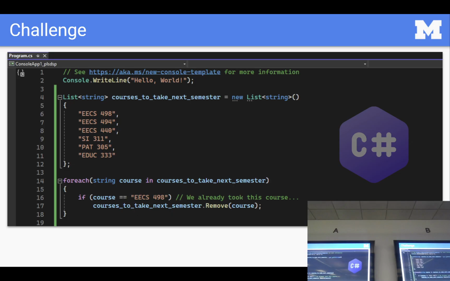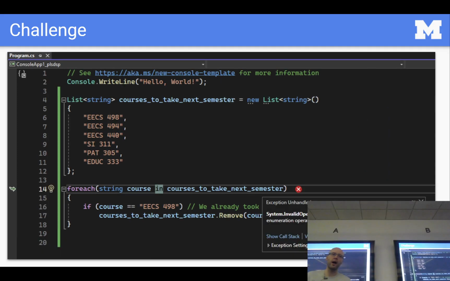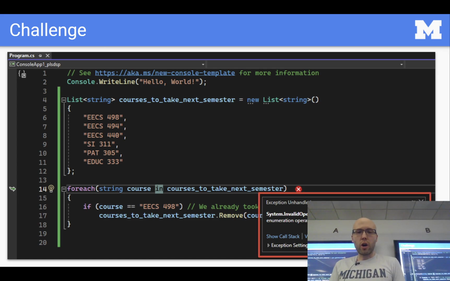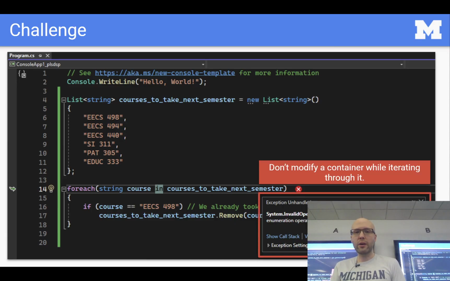But you can't alter the container or its contents while you are iterating through it. In C# at least, this will blow you up, okay? And you see this, invalid operation exception. The collection was modified, okay, at the wrong time. So, how are we going to deal with this, right? You can't modify a container while iterating through it, but we still want to remove that course when we find